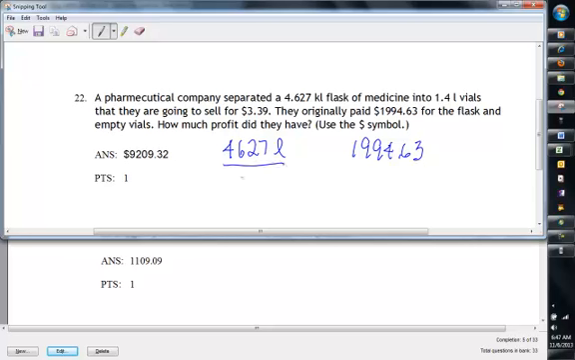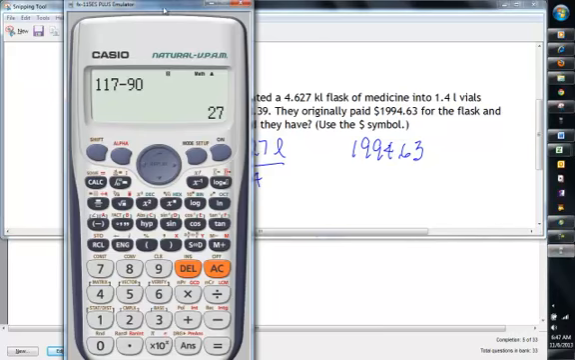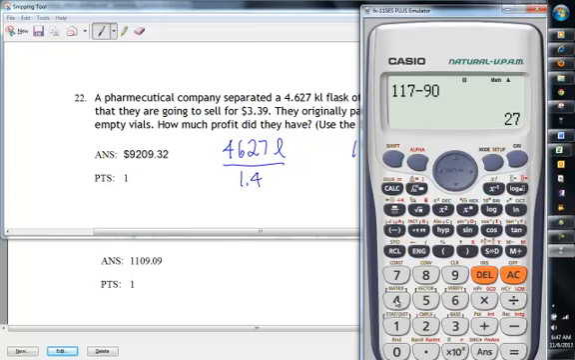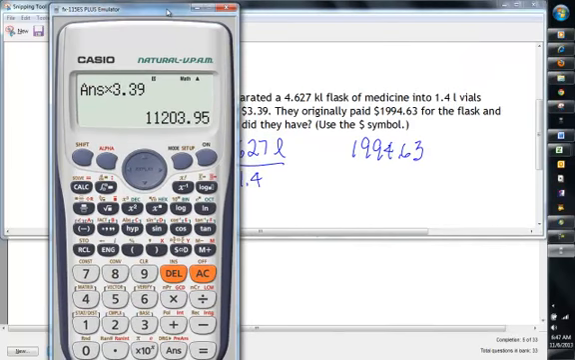Well, you have to take the 4,627 divided by 1.4 to find out how many vials they got. 4,627 divided by 1.4 gives us 3,305 vials, and they sold them for $3.39. So they sold them for $11,203.95. Subtract the $1994.63 that the stuff cost them, and their profit was